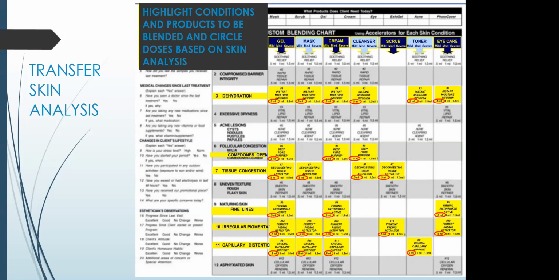those to custom blend that gel hydrator or that mask or their cream moisturizer or cleanser or toner, whatever product you're custom blending, or you can custom blend all of them to give your client the maximum results with your product. So for custom blending, it's not something that you have to think about. We've done all the work for you. We just tell you exactly what products can be custom blended and what you can put in them based on your findings for your client. It is truly that simple.